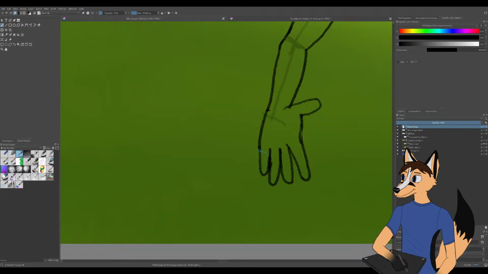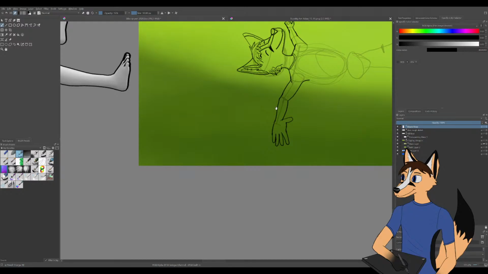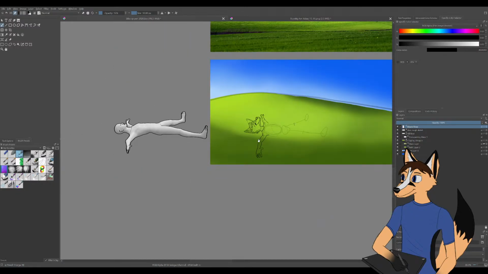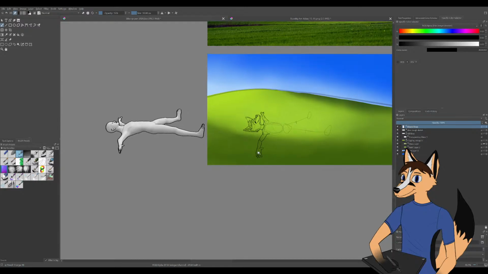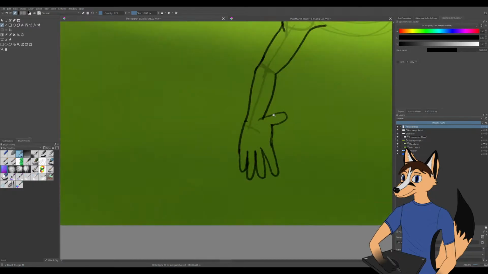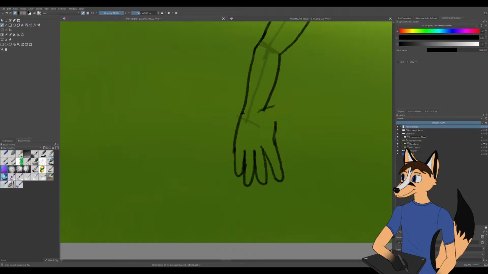So I'll just fix that the best I can. His thumb looks wrong now. That doesn't even look like a thumb. It looks like an insult to humanity. That looks better, kinda.